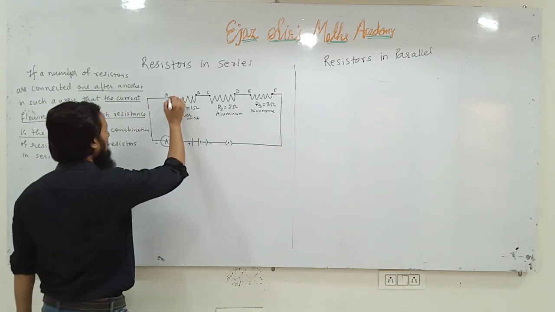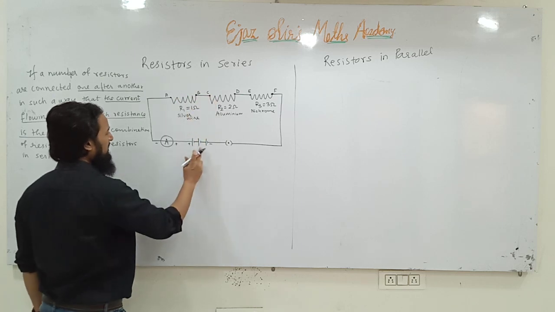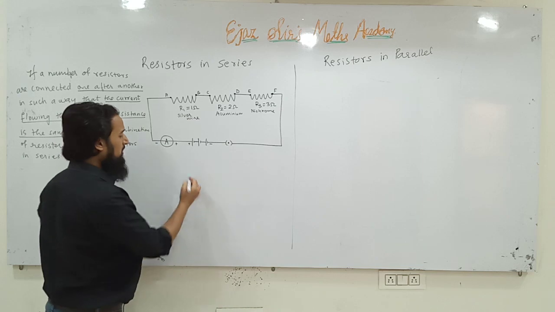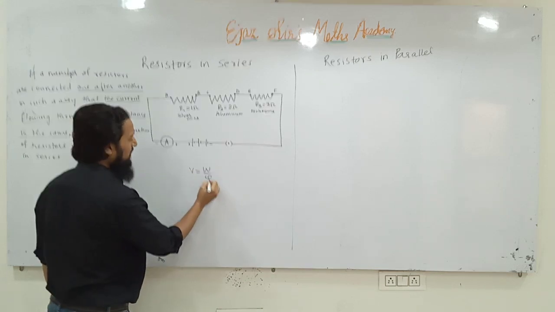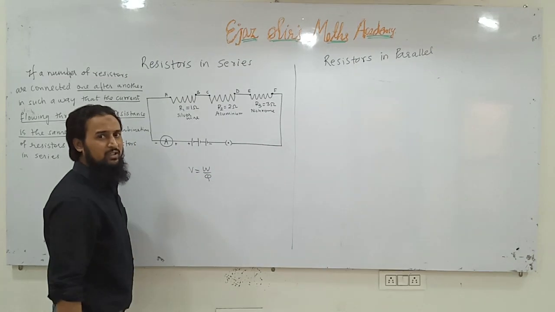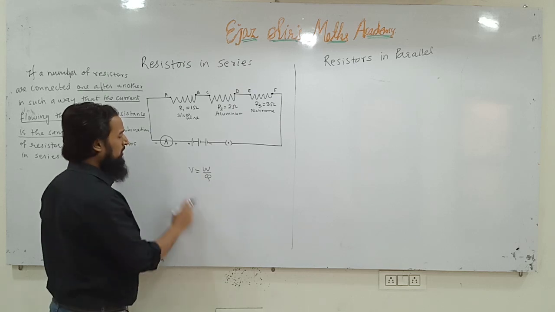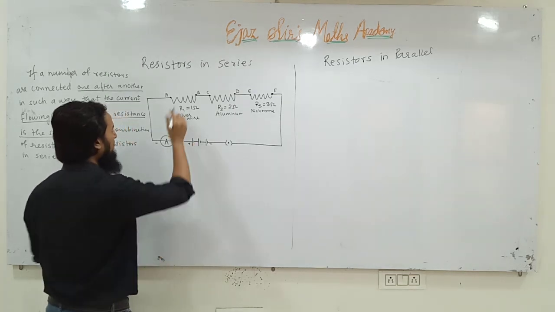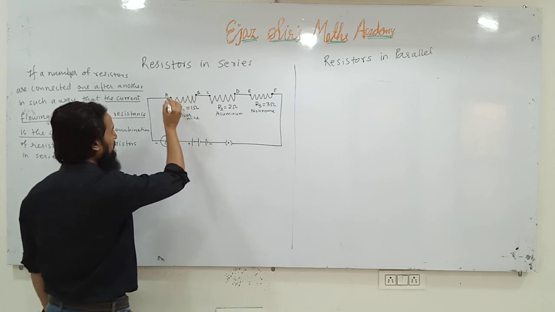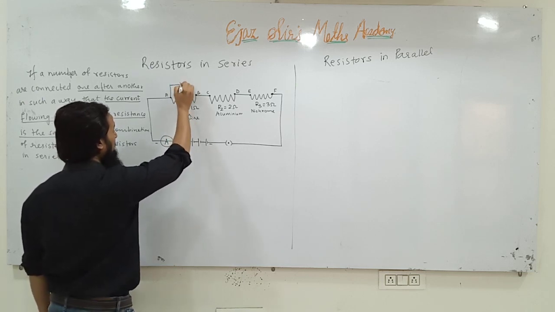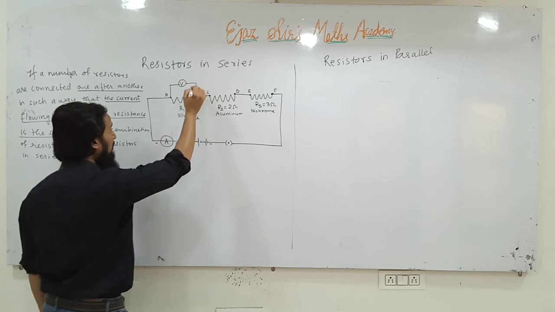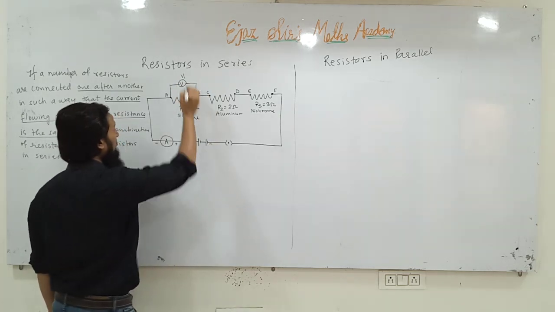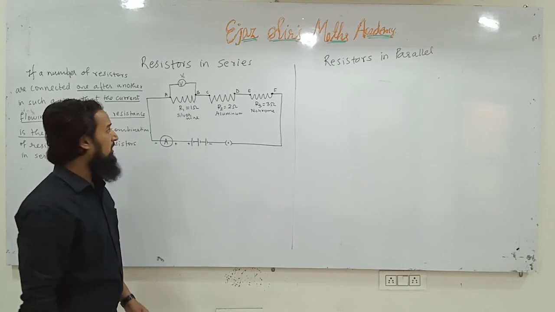Now see, when a positive charge will flow from point A to point B, the charge will do certain work, and work done by the charge in moving from one point to another point is called potential difference or voltage. So if you want to measure the voltage in going from point A to point B, that voltage will have to be measured by using a voltmeter. So this is the first voltmeter. This voltmeter will give the value V1, voltage number 1.